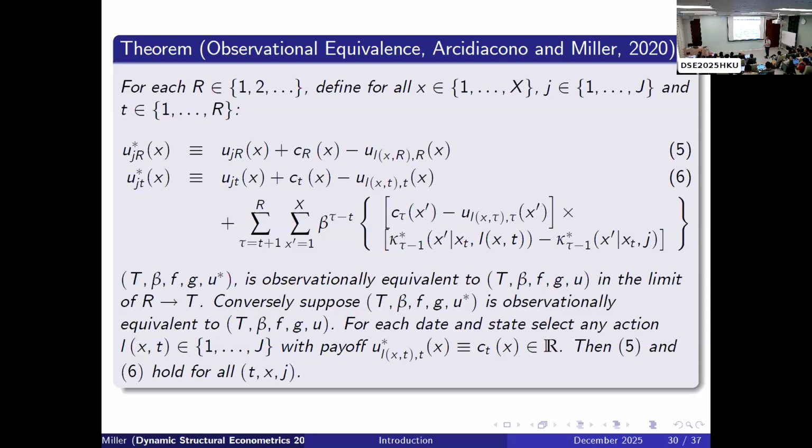Okay. If we do that, it's observationally equivalent. And the other side is that if you've got two things that are observationally equivalent, you can always use this representation to talk about those two sets of utilities. In other words, intuitively,